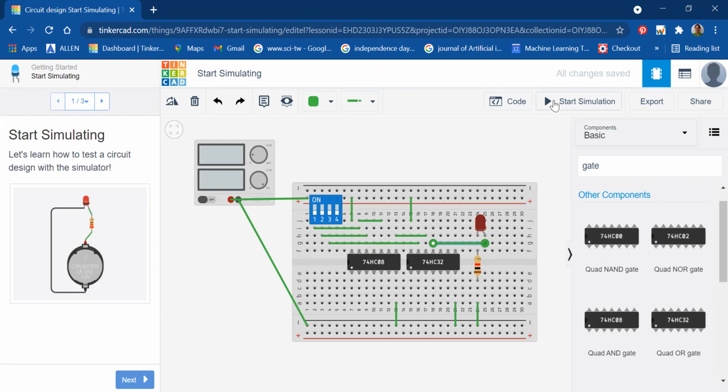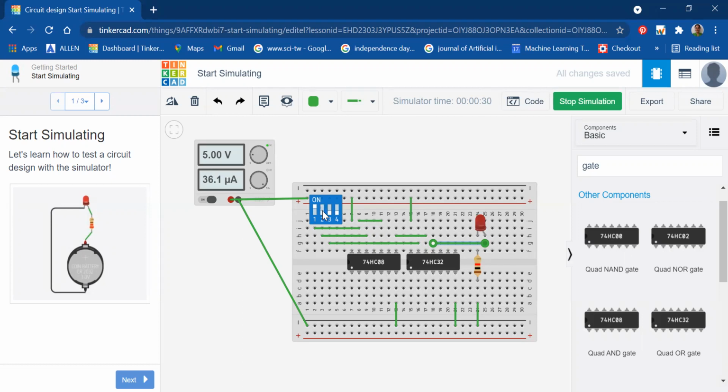So now I'm going to start the simulation. You all know that if this is 0, whatever combination I go for with B and C, the output is going to be low only. Here you can see. So now I'm going to make the input A high, and you can see if A is high but both B and C are low, the output should be low. But even if a single input is high, my LED is going to be high. So the output is high in that case.